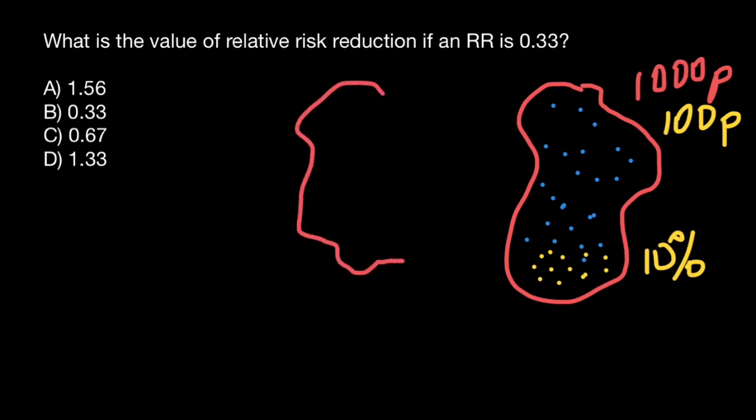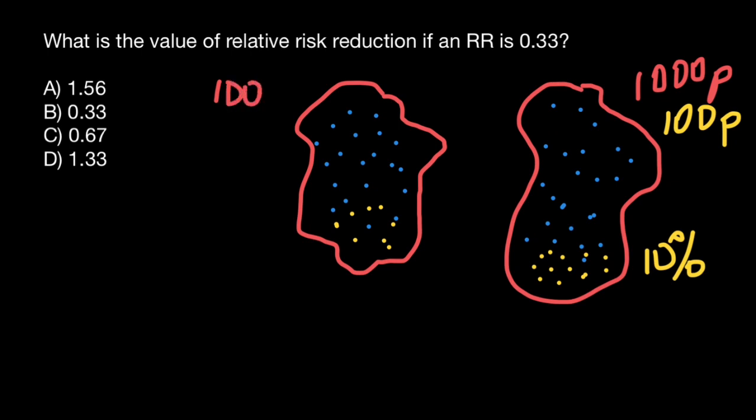So here's another sample group, also of 1,000 people. I will show with blue color those people who don't have a disease, and with yellow color those who have a disease. And we have 33 people who have a disease after treatment with our invented drug. So that means that 33 people out of 1,000, so sample space is 1,000 people,